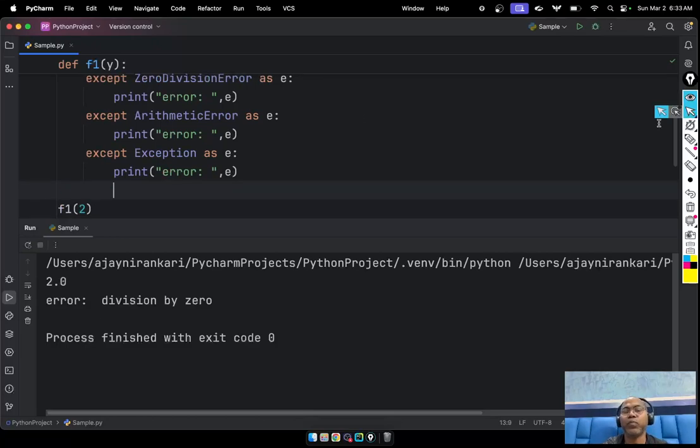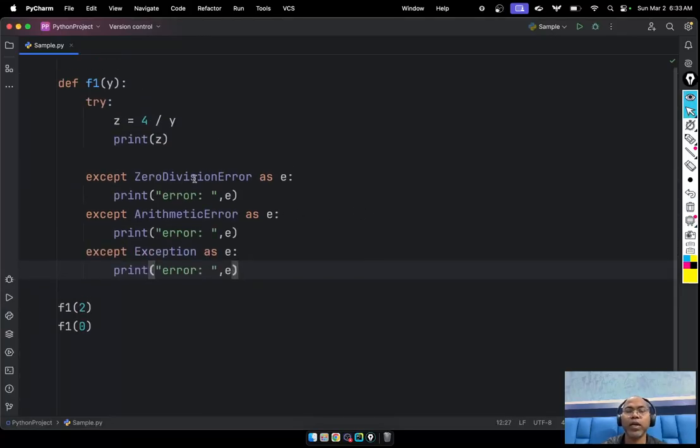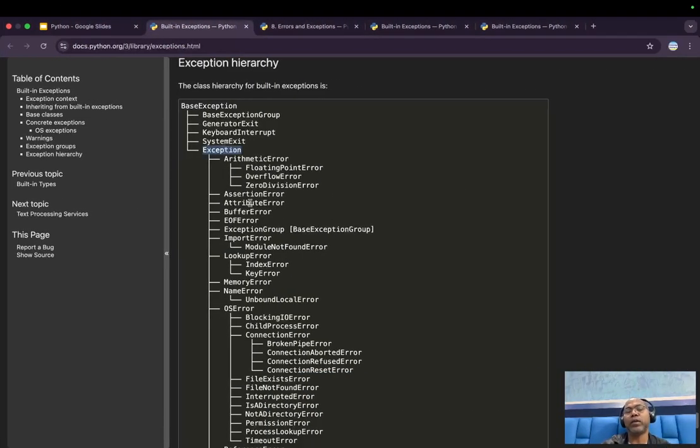Okay. So please note, this is the hierarchy we have to follow. This is the child, this is the parent of that, this is the parent of that. So this is the hierarchy mentioned here. If you are handling this first, then you can handle this, then this, then this. So this is the hierarchy you have to ensure, and all the possible Python built-in